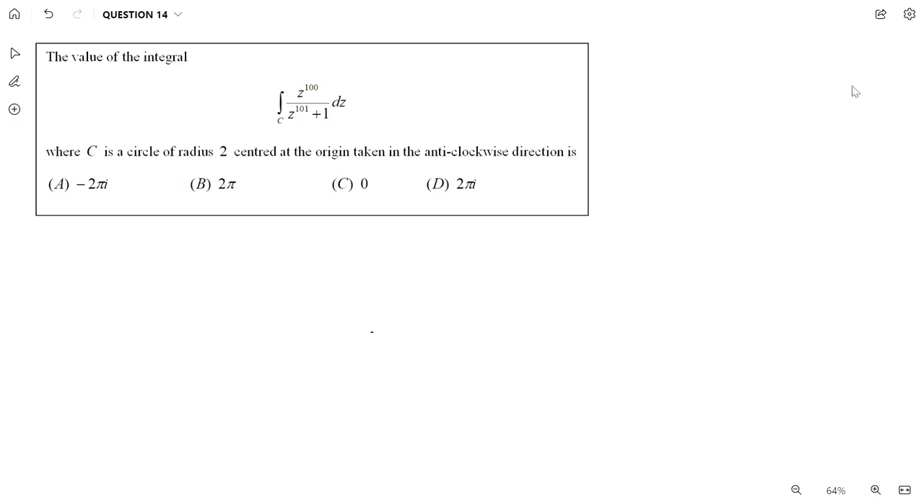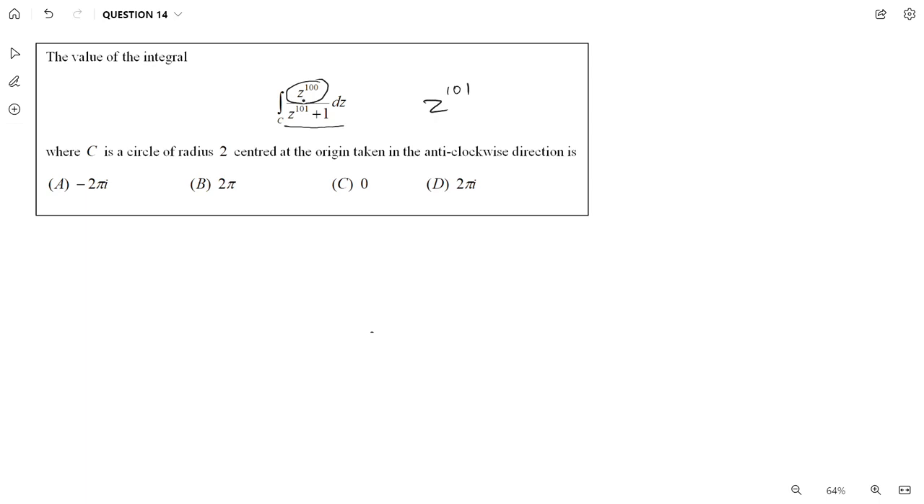Hello everyone. Today we are going to solve question number 14 from GATE 2022. This is a complex analysis question. We have to find the value of this integral. Right. So as we can see, in the denominator there is z power 101 and in the numerator there